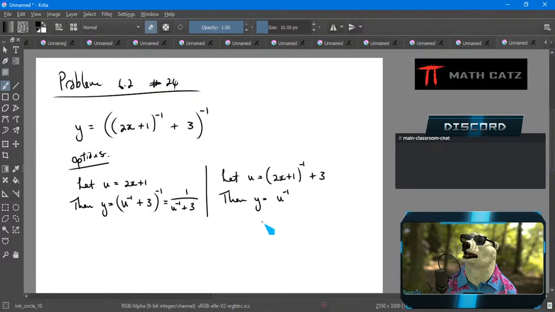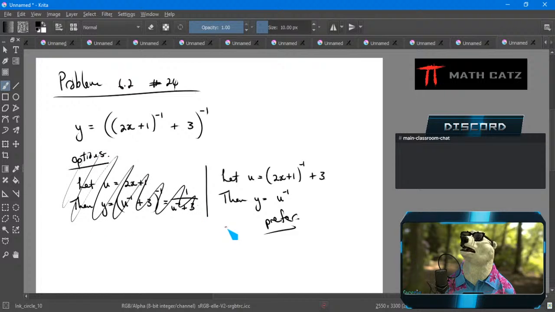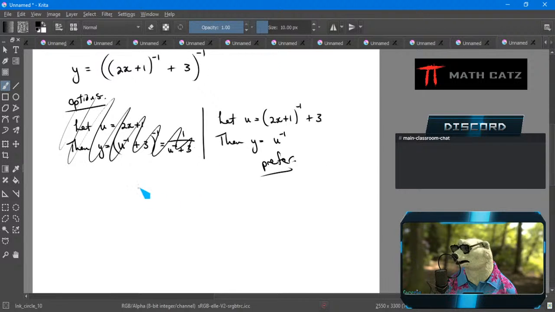Not right or wrong. I'm going to prefer, oops, I'm in eraser mode, I'm going to prefer this. It's not right and wrong. That's my choice. You're welcome to try the other one. You'll still get the right answer. It won't look the same, but it will be the same. So I'm going to go with this one. So now